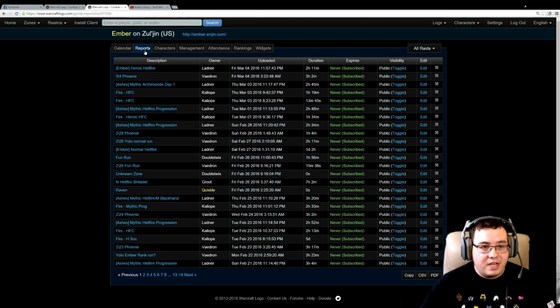Okay, the reports tab is the same information that is included in the calendar. It's just in a table format, so it's a little bit easier to read. Now if you notice here really quick, just while we're here, you can see that there's an expires tab right here. Now Warcraft Logs will keep logs for a decent amount of time. However,